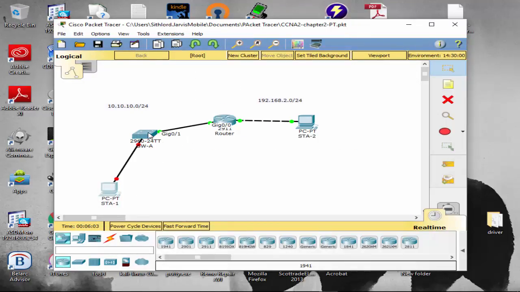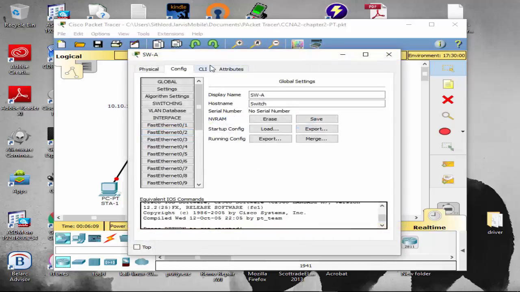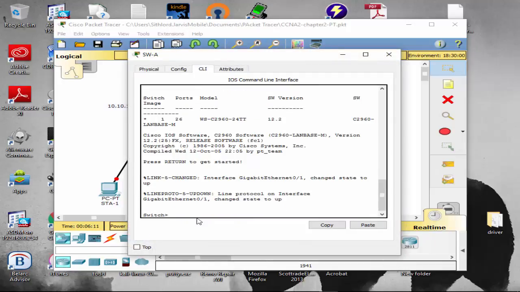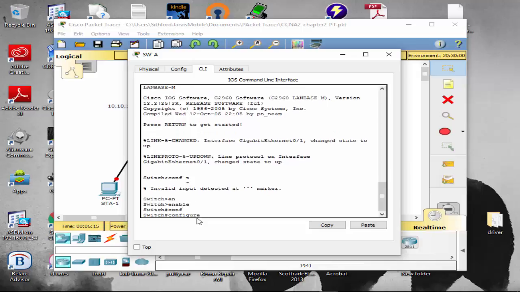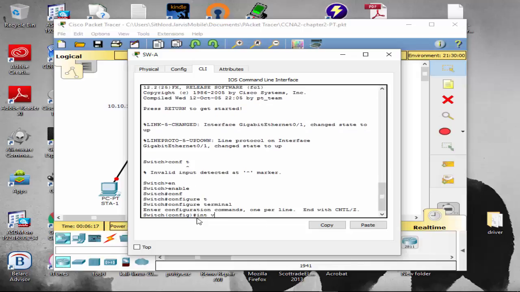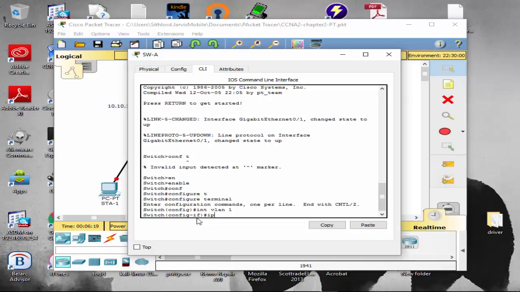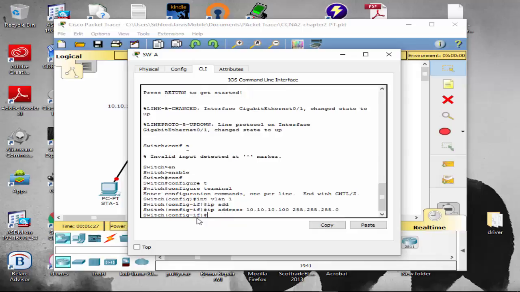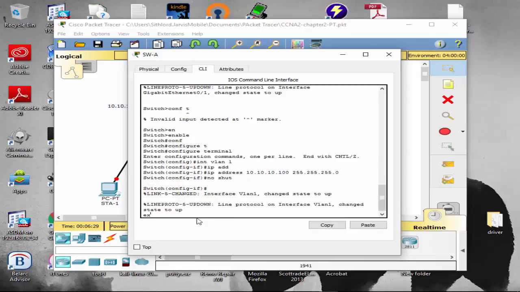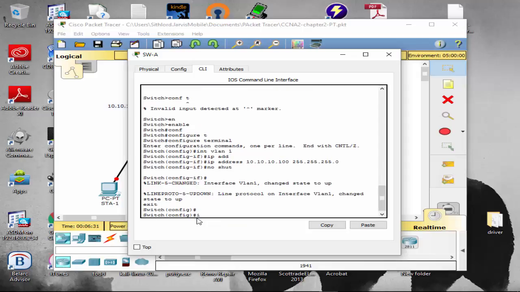Okay, so we have that. It says we have been given the task to configure a new switch. I'm going to just start off by doing the SVI while I have this chart right here. So I do an enable, configure terminal, and then I say interface VLAN 1, and I say IP address, and they want 10.10.10.100, 255.255.255.0, and that one's set. I'm going to go no shutdown. And then I'm going to just put in a default gateway